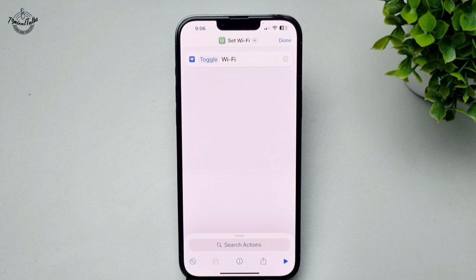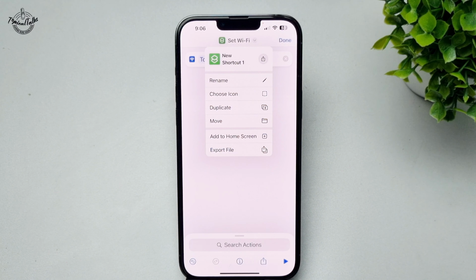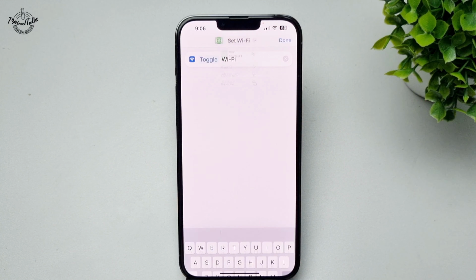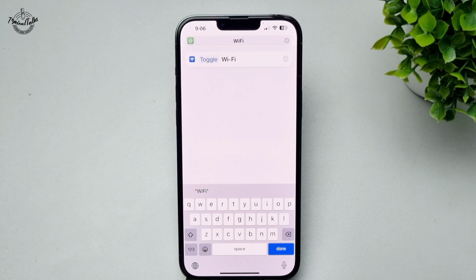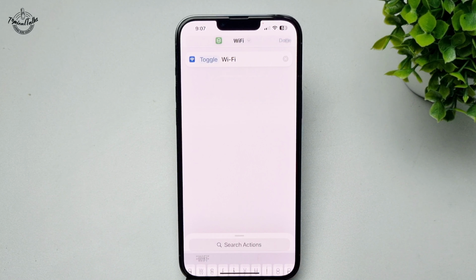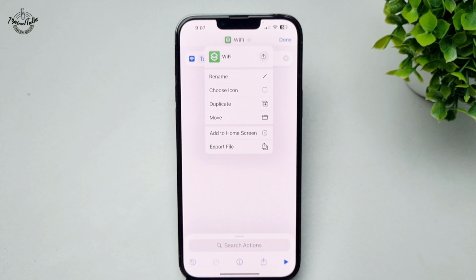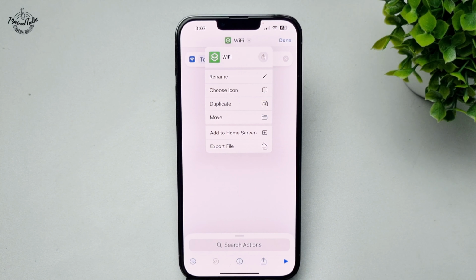Now tap on this arrow icon next to Set Wi-Fi at the top and tap on rename, and I'm giving the name Wi-Fi, then tap on done. Now to add an icon to this shortcut, again tap on this arrow icon and this time tap on choose icon,